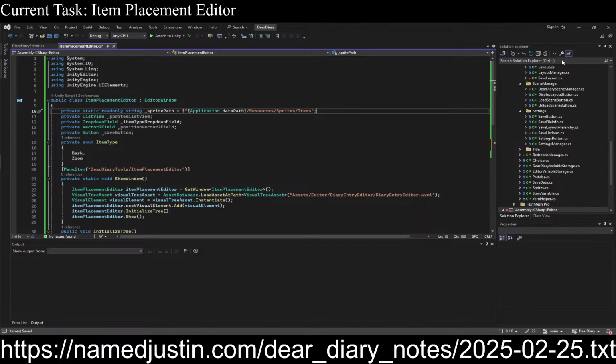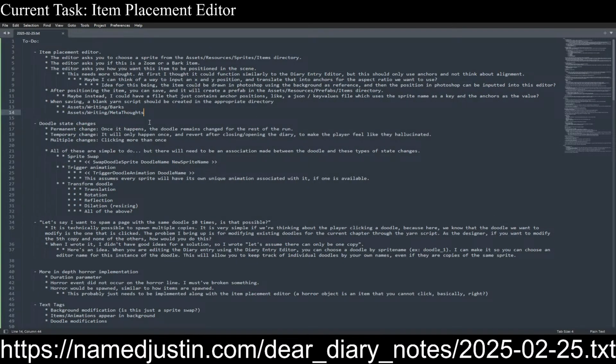If I follow what I wrote in here, then I would be creating a prefab. The prefab is going to have an image component, and the image component wants the input to be the sprite. What's the value in doing that? It means I can just take the sprite name and then input it and use the same